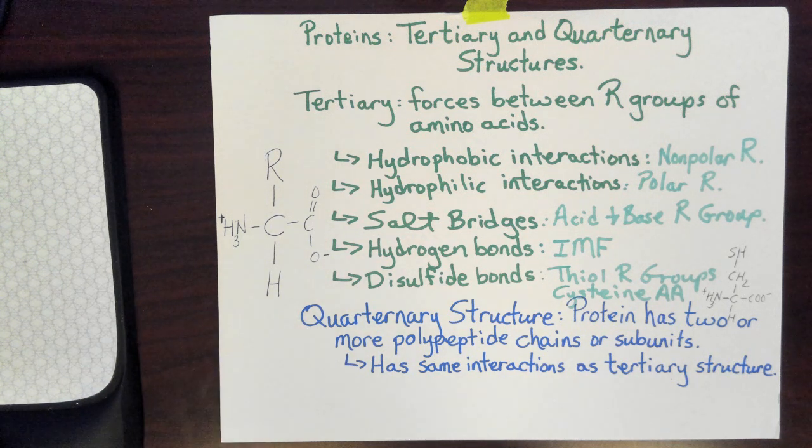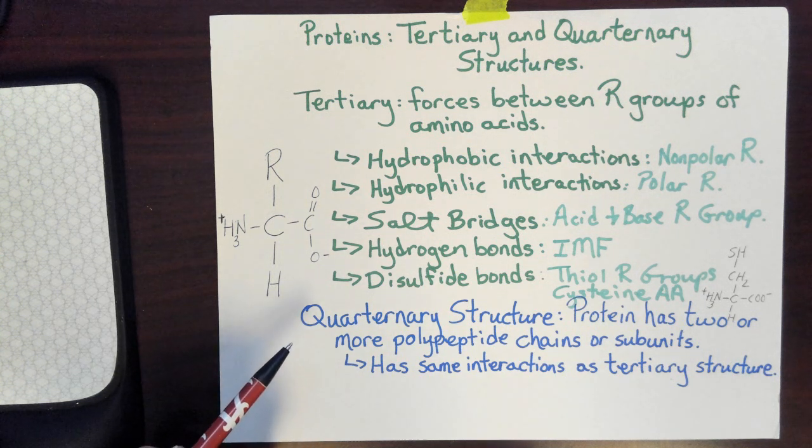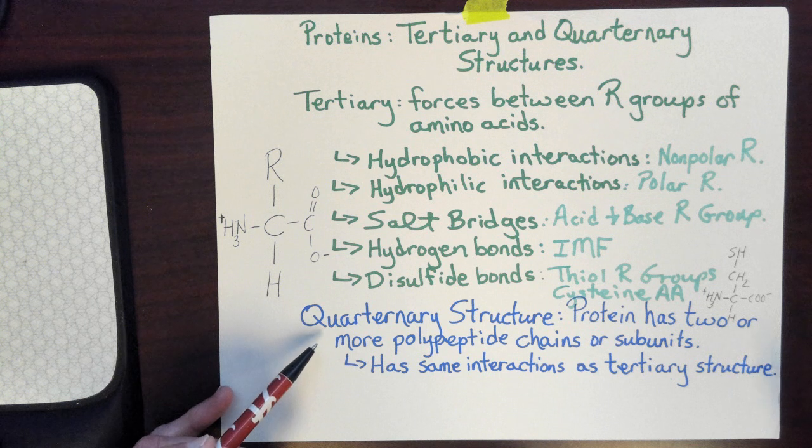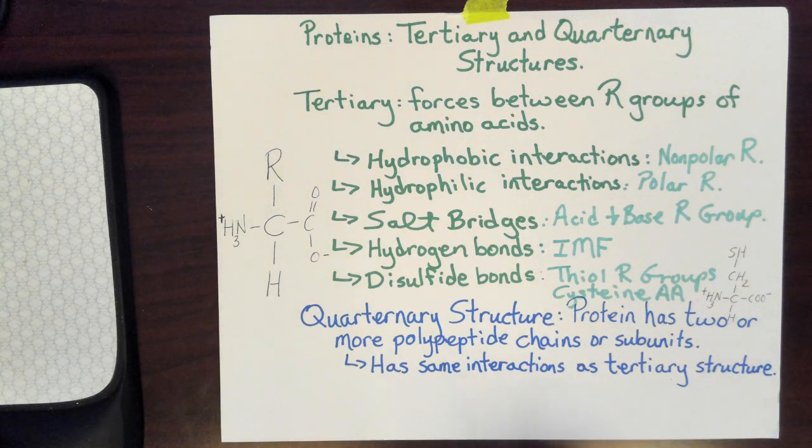Okay, your textbook focuses in on hemoglobin, so the oxygen-carrying blood protein. Quaternary structure is where we have a protein, and the structure is two or more polypeptide chains or subunits that are interacting. So we have separate chains, and those chains twist, spiral, fold, interact to create this more complex quaternary